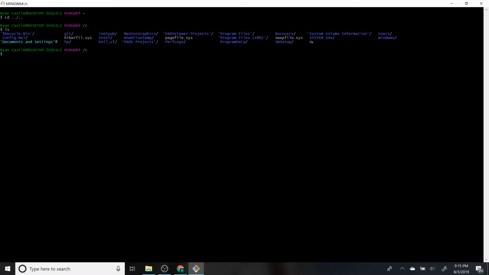And if you don't have a Git folder, I highly recommend mkdir, or make directory, git, and then use this as your working folder for all of the Git stuff that we're working through. cd git changes your directory into Git, and then we will go git clone